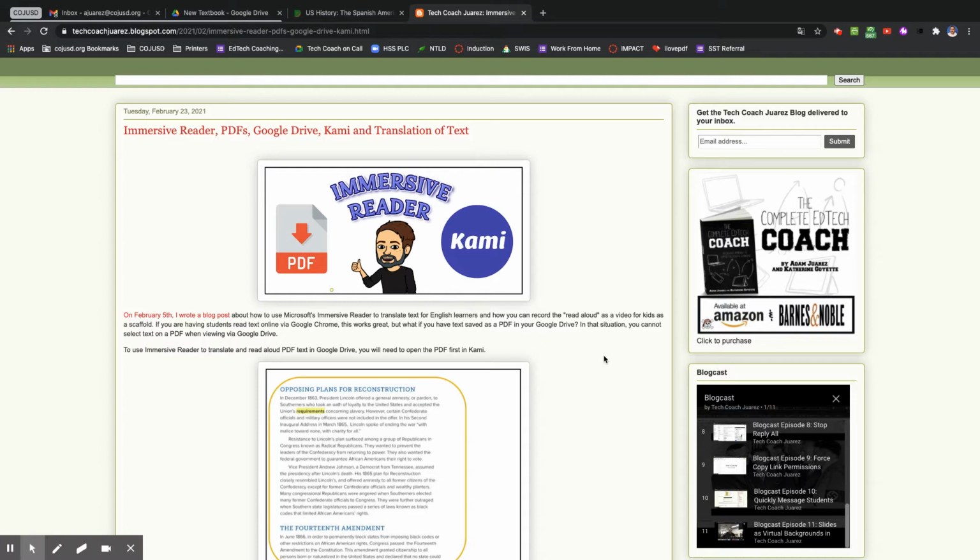But immediately after I wrote this blog post, people were asking me, but I can't do this in a PDF. So I figured out a hack that you can do if you have text that's saved in your Google Drive as a PDF file. Here's how you can still utilize the Immersive Reader Chrome extension. So before we jump into that, let's review real quickly what it looks like